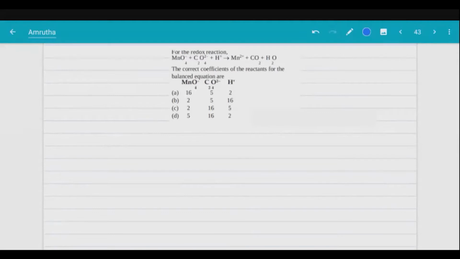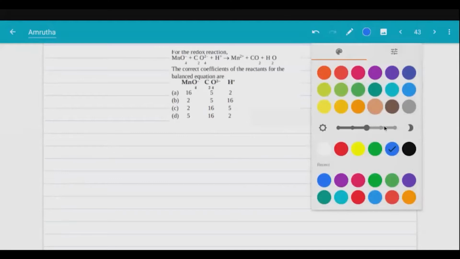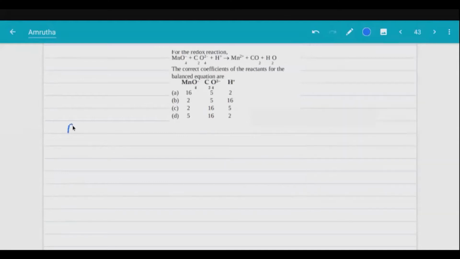So this question is from redox reactions. What exactly is a redox reaction? It is simple, like a shortcut. Redox. What is it? So it is basically a combination of two